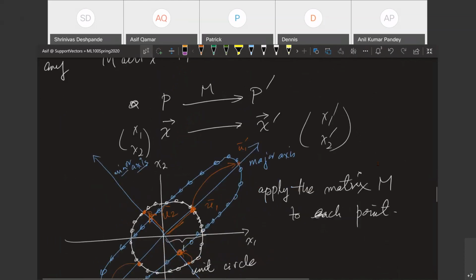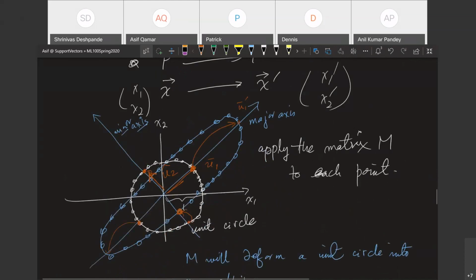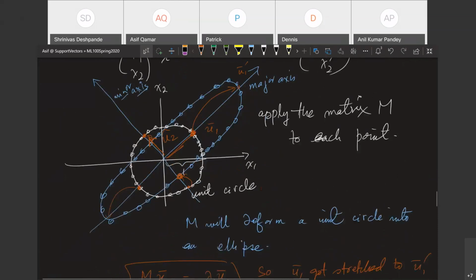Now, there's a very interesting fact. You take any matrix and you take all the points on a unit circle, and what it will do is expand it out into an ellipse. You see this ellipse here. Now, you say, well, why is that so? It will take you a little bit of time to realize that it will do that. But once you have convinced yourself geometrically that it will make a unit circle into an ellipse, you ask, okay, so what's so special about it? Our ellipse has 4 points that only scale up, they expand or shrink. But all other points, they rotate also.